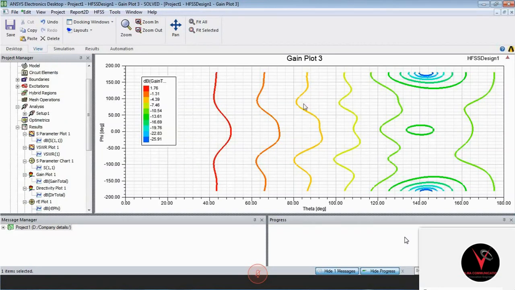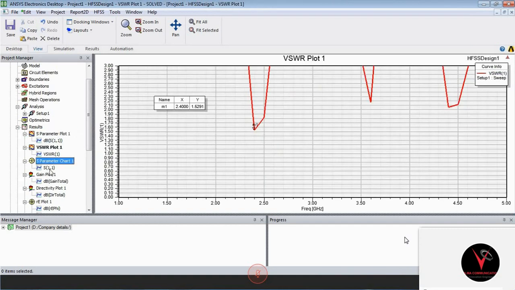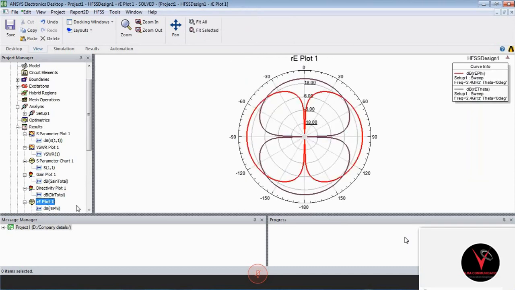That means fetching board characteristics. The fetching board means if you place this antenna onto a Wi-Fi board, the Wi-Fi board-based configuration and this graph. So these are the results. We need to analyze a lot of results, but these are the basic results we need to analyze for an antenna.